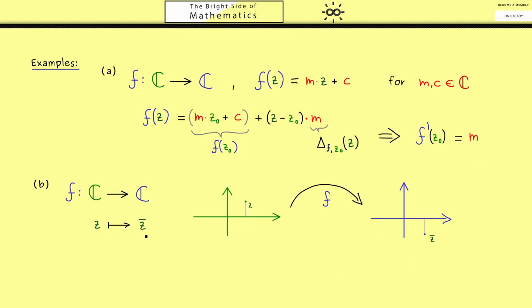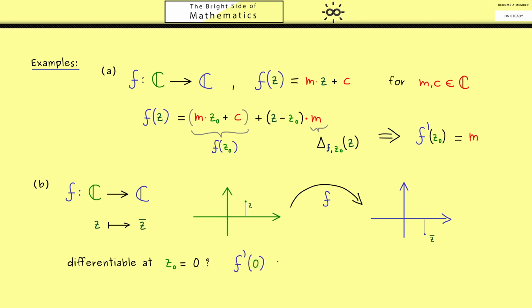Therefore, it's not hard to show that this function is indeed a continuous function. However, it turns out that it is not differentiable, no matter at which point z0 we look. And this is immediately interesting, because in real analysis, it's not so simple to find such a strange function. Indeed, in complex analysis, this property is not strange at all. In order to see this, I would suggest that we try calculating the derivative at the point z0 equal to 0. Indeed, all the other points will work exactly the same.